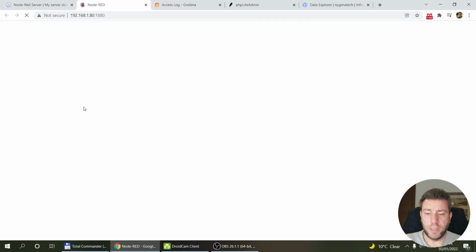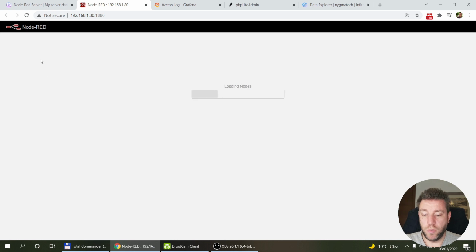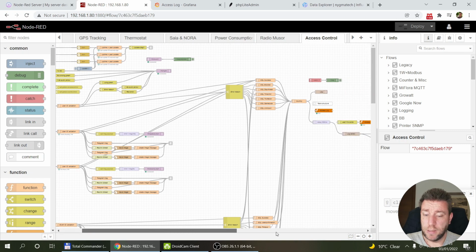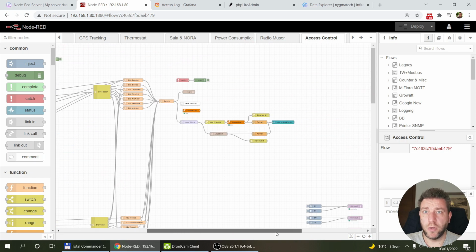So let's look at how all this works. And I think what I'm going to do first is go into my Node-RED flow. I've already done a video on the whole access log and how the Node-RED flow works, so I don't want to go through the whole thing again. I haven't really changed much of the flow. It's still what it is since probably a good 6 or 7 months ago, when I started working on